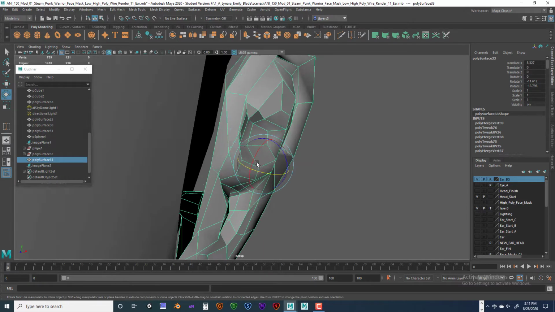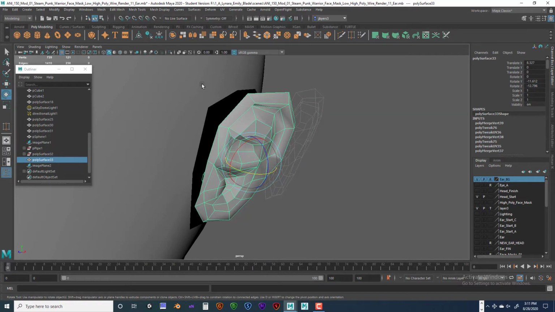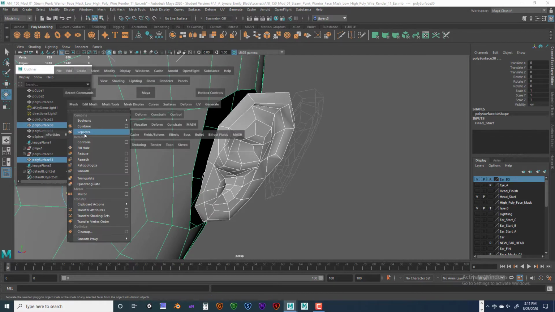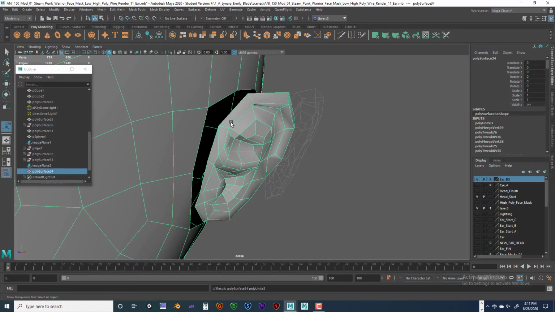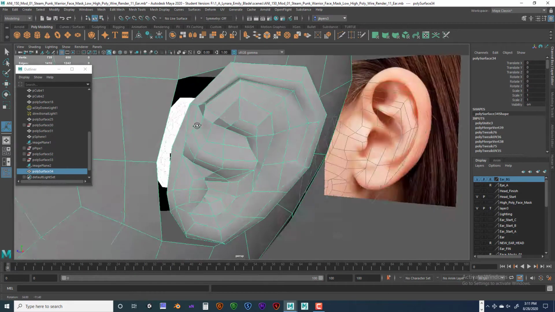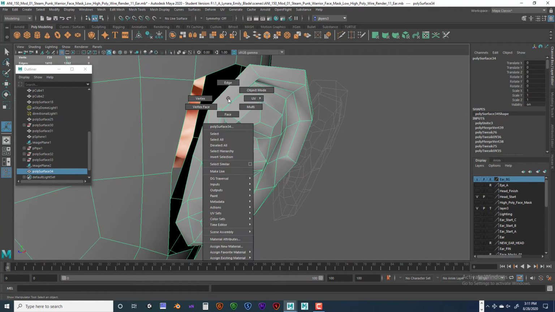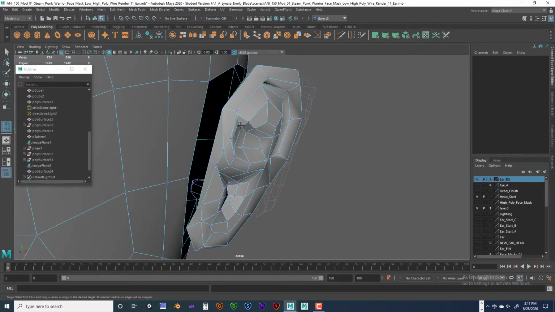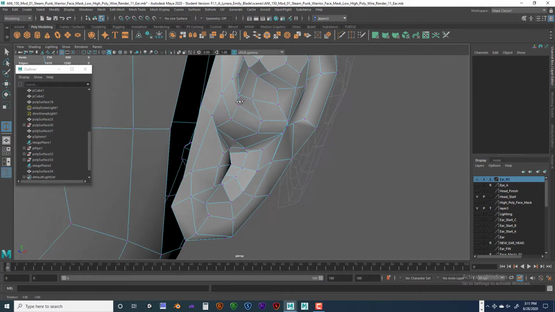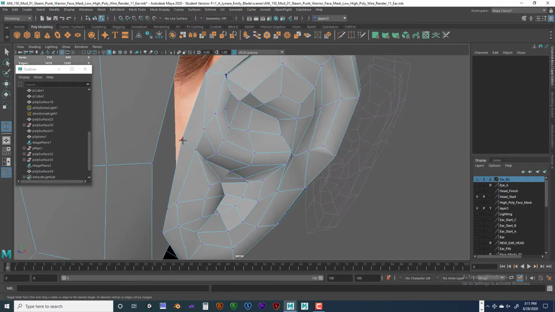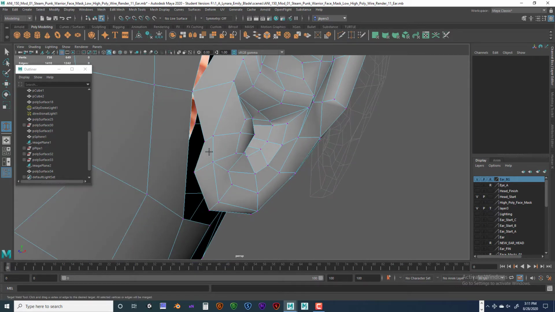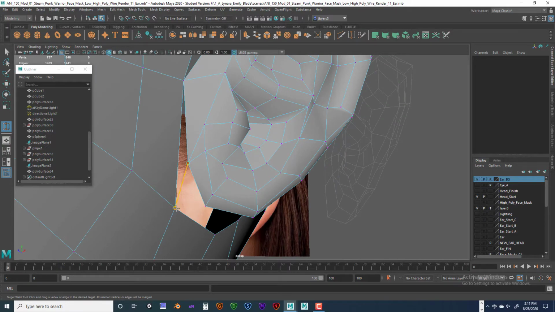And then we're going to go in here and combine the two together. You can either hold the space bar like this, mesh combine, or you could go in here and combine it this way. You have to have these two pieces combined before you can target weld, okay? So now I'm going to hold the shift key and go into target weld, and then we're going to start target welding. Okay, so it makes sense. We're going to target weld these two together, and these two together, and then these two together,